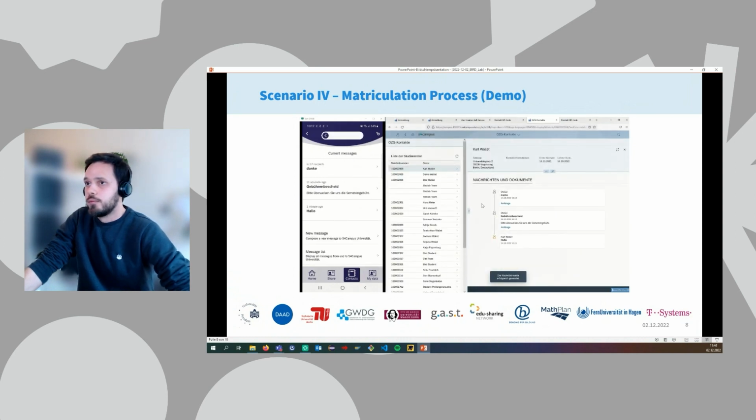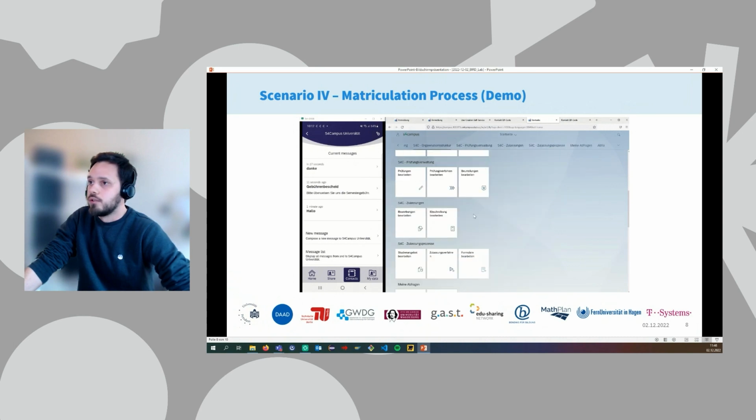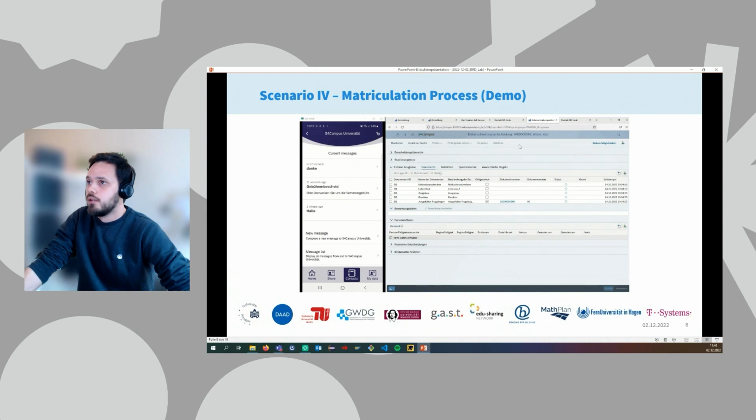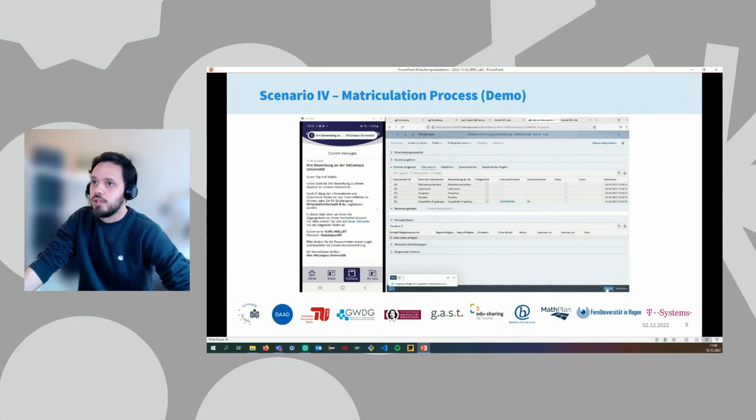And with the payment being done, now the student can be matriculated. So we go back out of the contact app, back to the app where we manage applications. We are searching for Car Wallet, and we can approve now the application, and he is immatriculated. He also gets a message on the wallet app that he successfully matriculated in the study program of business informatics and his bachelor's. We also provide him a link and login credentials for the campus management system to log in